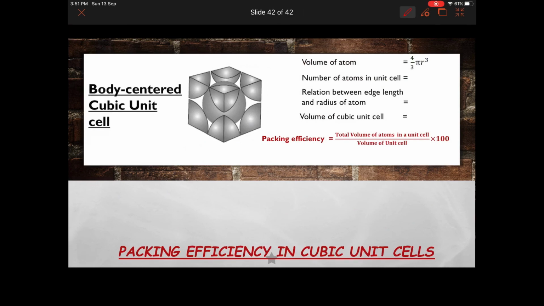Similarly, moving towards the last unit cell, that is body centered cubic unit cell. Once again, number of atoms 2. अब तो ड्रिल पता चल गया है. रेडियस और एज लेंथ के बीच में, अब याद करिएगा, यहाँ पर हमने एक यहाँ से डायगोनल लिया था और बॉडी डायगोनल इस तरीके से लिया था हमने, बॉडी डायगोनल, है ना. और जब हमने प्रूफ किया था तो हमको यहाँ पर मिला था r इज इक्वल्स टू √3/4a